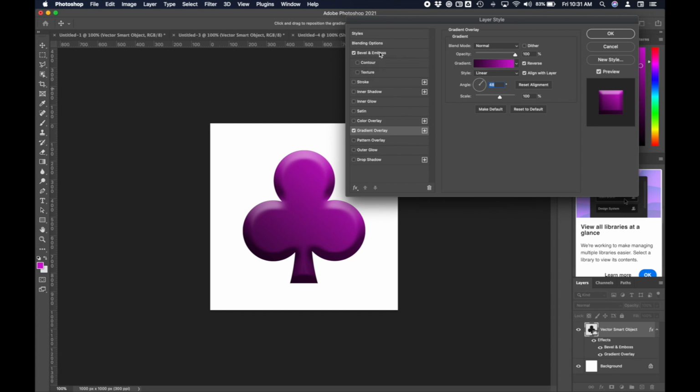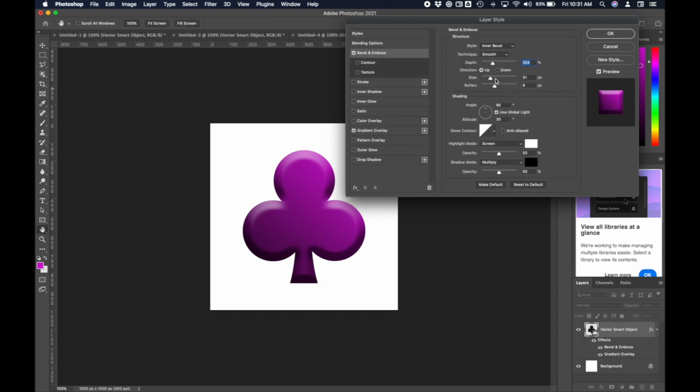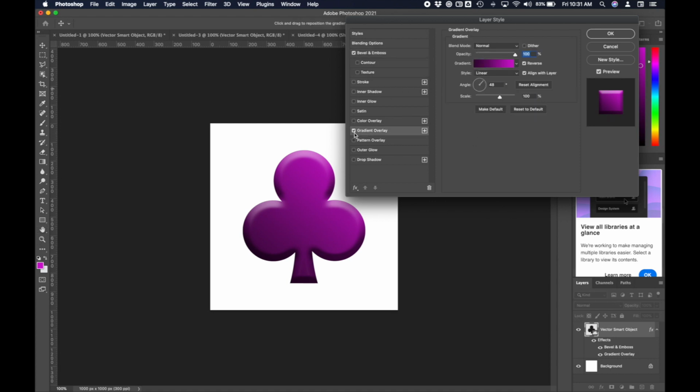To see the settings for a bevel and emboss, I need to click here, and then I can change the size of it. I can change the depth. I can change the softness. There's a whole bunch of stuff I can do. I'm going to turn off my gradient pattern for a sec,